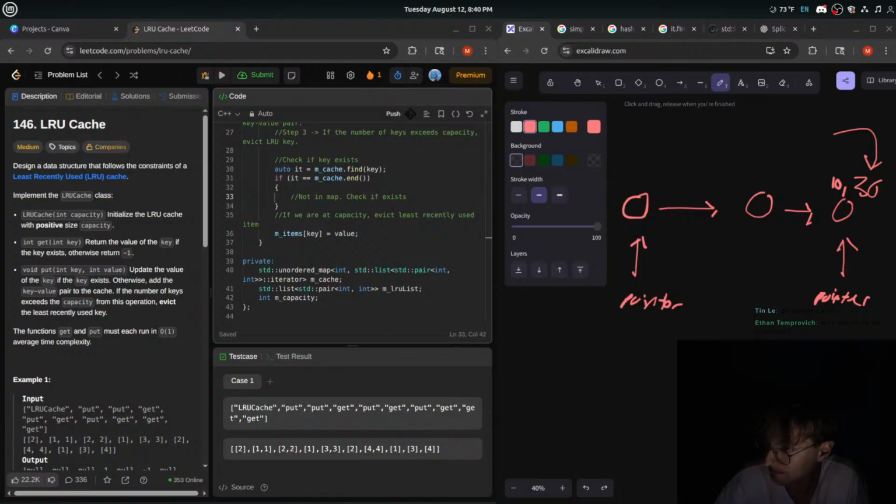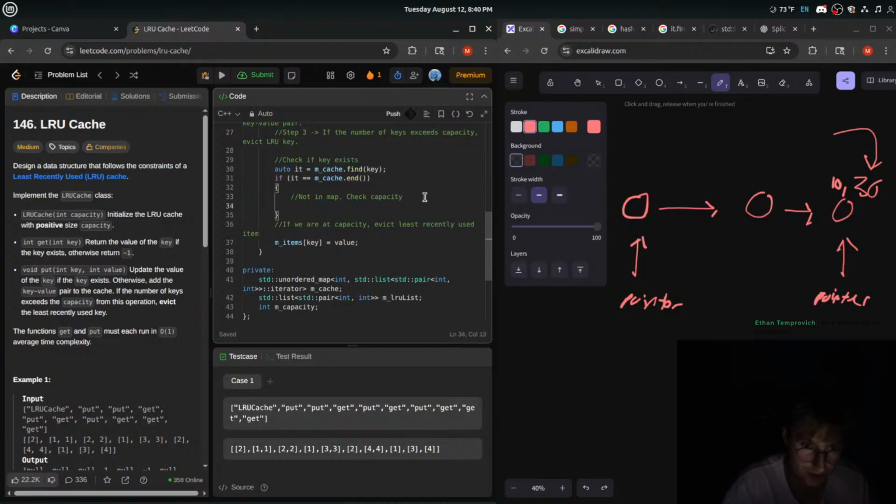How do we want to check, no, not check if it exists, sorry, check capacity, right? So if it's not in our map, we need to check the capacity. How do we check the capacity? Well, if